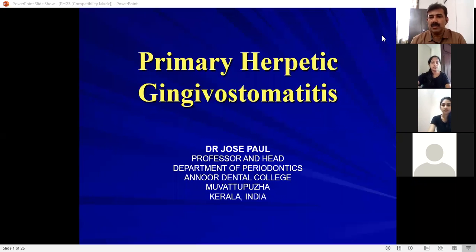Sometimes these lesions occur subclinically. And later the virus ascends into some sensory ganglion. And probably in later life, about 30 or 40 years, when the patient becomes an adult, due to some sort of stimuli, these viruses get reactivated and cause ulcers in different parts of the body. Okay, so this condition is known as primary herpetic gingivitis, and this is what we are going to discuss in today's class.